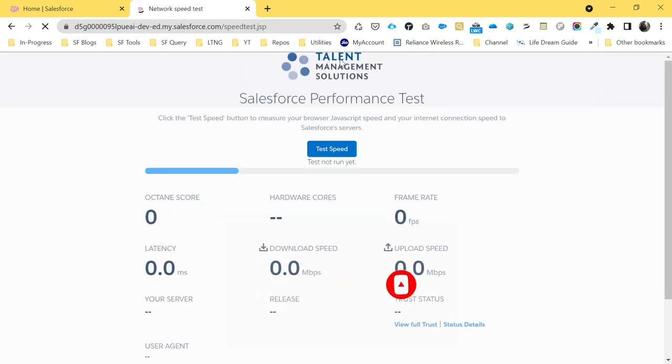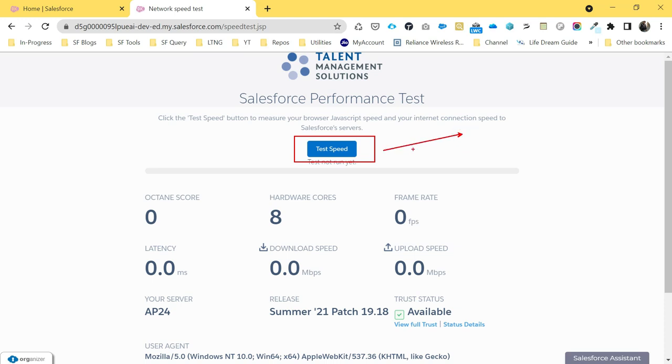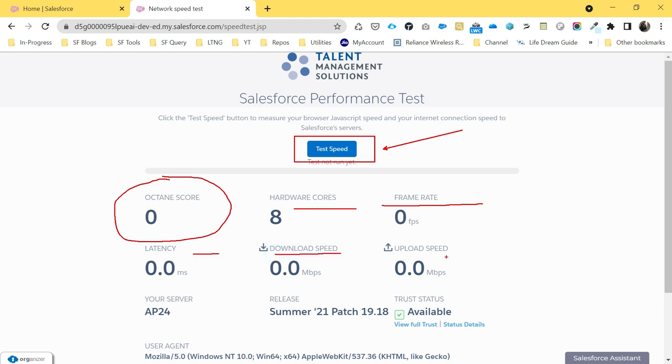So this is my application logo. You can see Talent Management Solution, Salesforce performance test. If you want to test whether our Salesforce org is working fine or not, you can check with the help of this test button. Just click the test button, and you can get all the information like Octane score, hardware cores, frame rate, latency, download speed, upload speed, your server instance, release, and